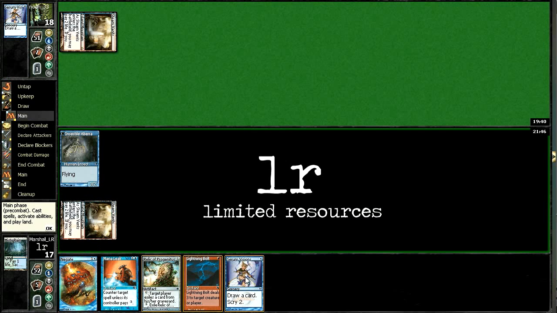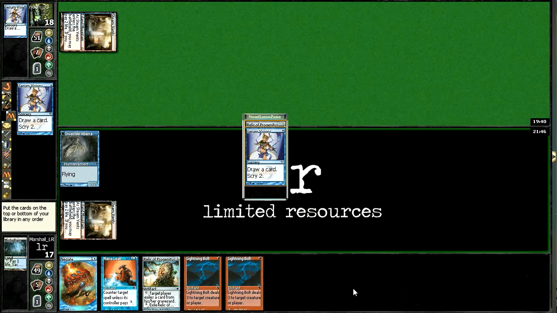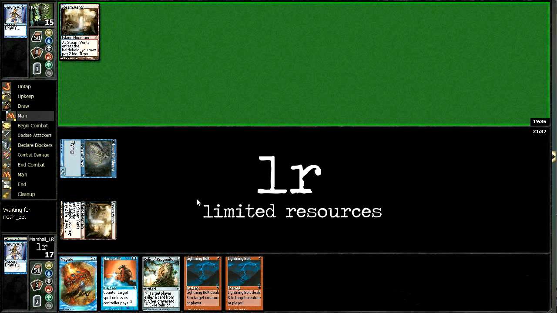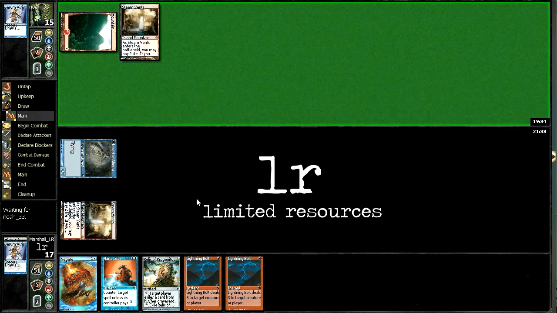I kind of like Serum Visions here instead of putting the Relic out there right away because we really need land. Yeah, let's just dump both of these and just hope to get a land. Our hand looks very sweet at this point. If we hit any land in the deck, we have no lands that come into play tapped, then we're pretty